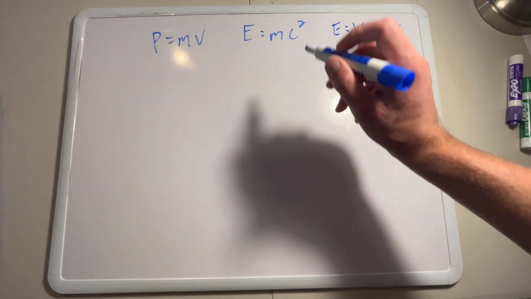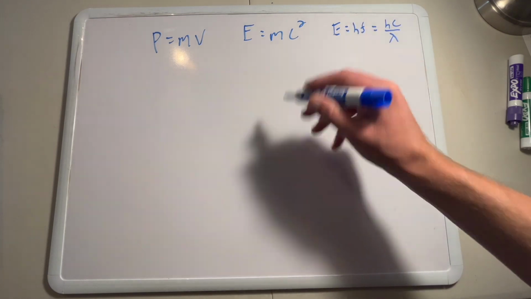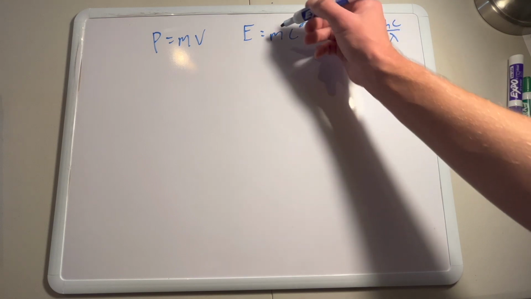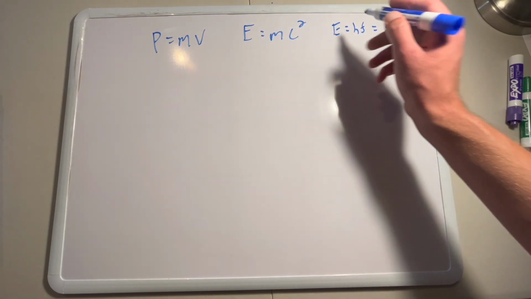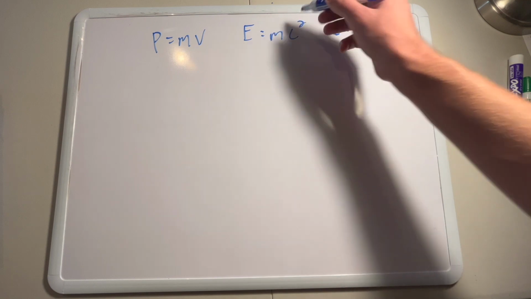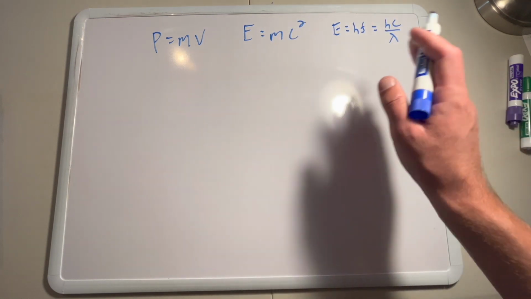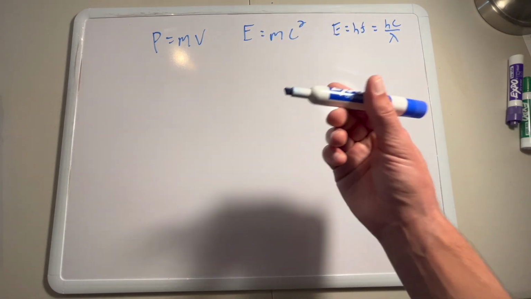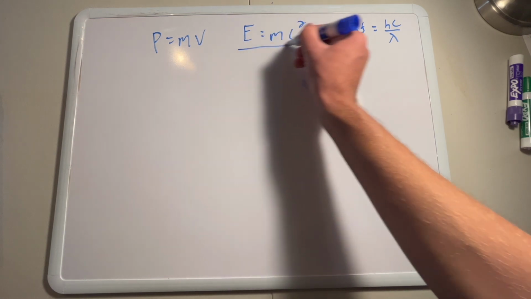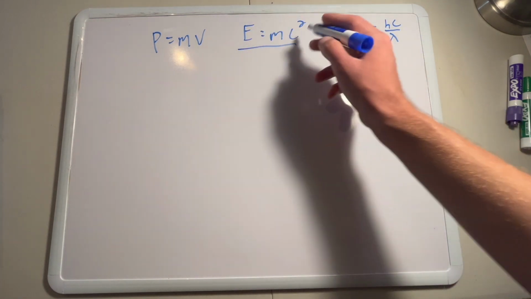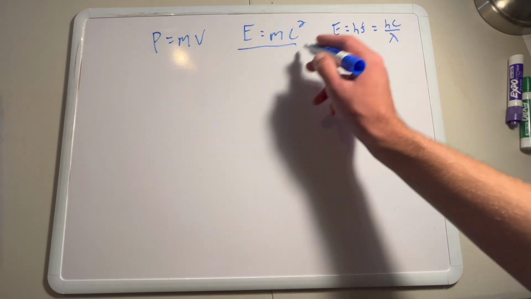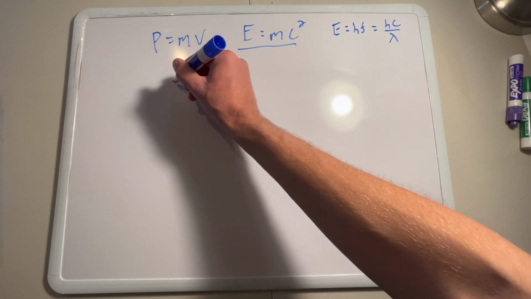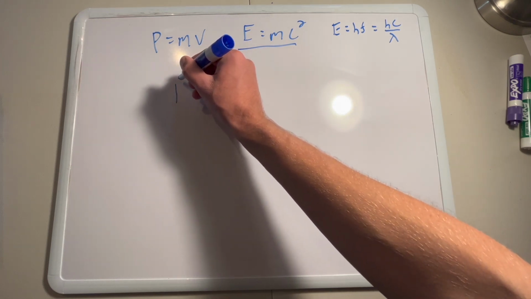But to do that, you have to cheat a little bit. And this is kind of one of the earlier ways to figure that out. You have to pretend that a photon, a light particle, has mass, which we know is not true. We know that photons are massless. So another way you could do that is actually use the full version of E equals mc squared. So this is for something not moving, rest mass, right? But the full equation for E equals mc squared is actually